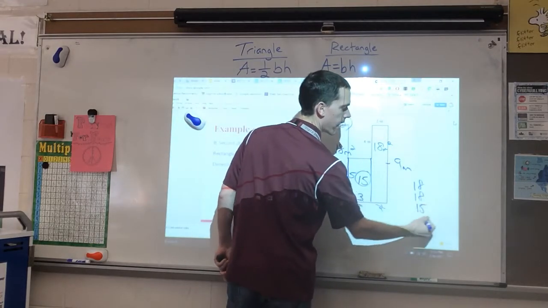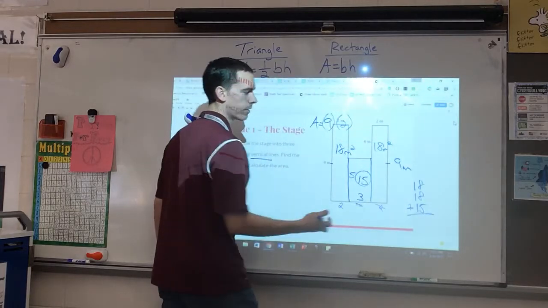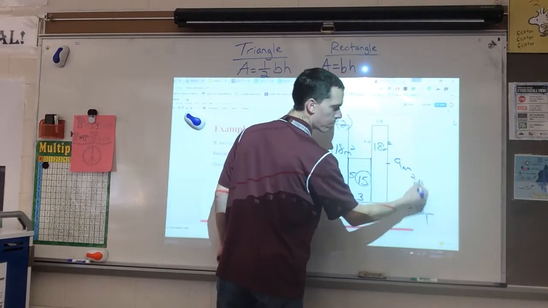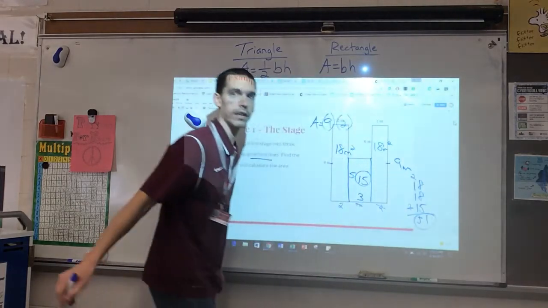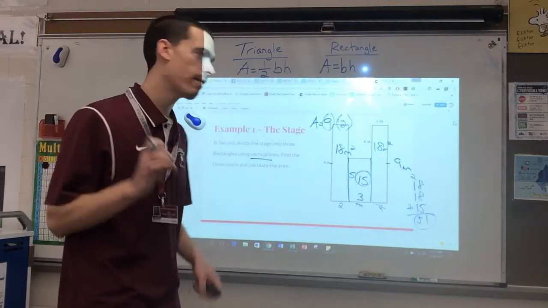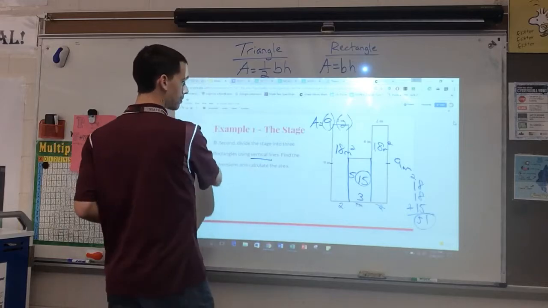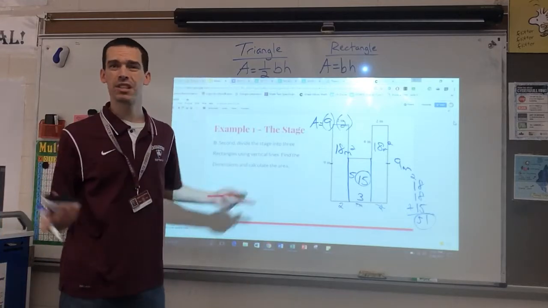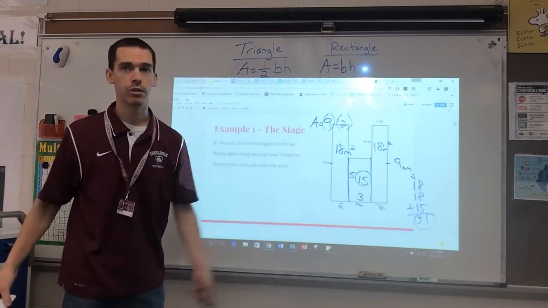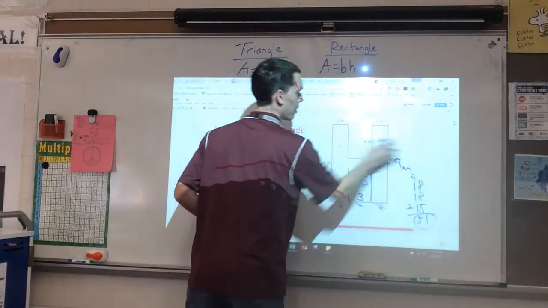And again, adding these up. 18, 18, 15. 51 again. The exact same number. We should have the exact same, given that the stage hasn't changed. It's the exact same value. Okay, so what happens if we mix it up? We did 2 horizontal, now we did 2 vertical. What happens